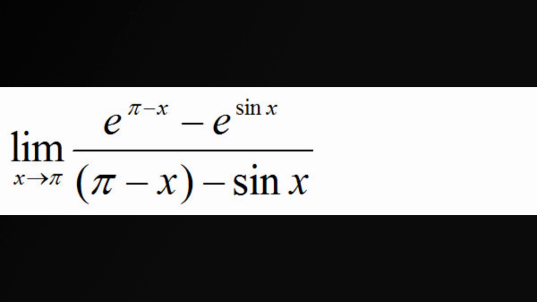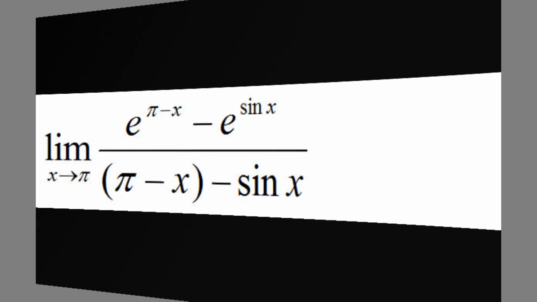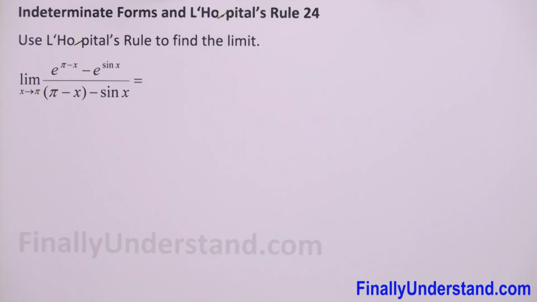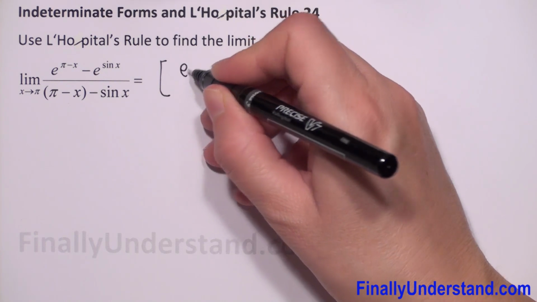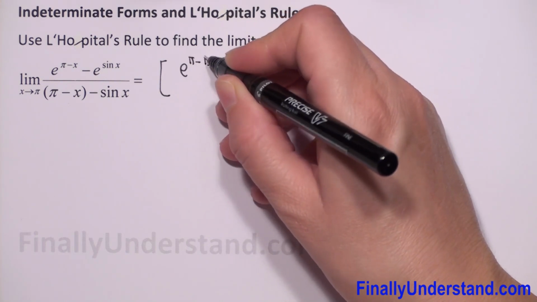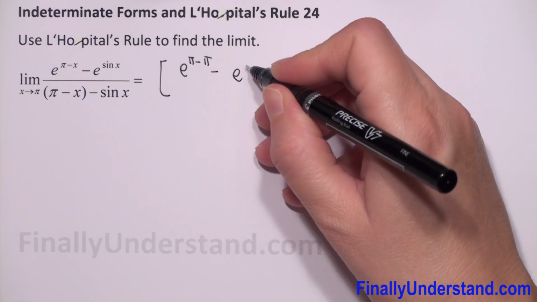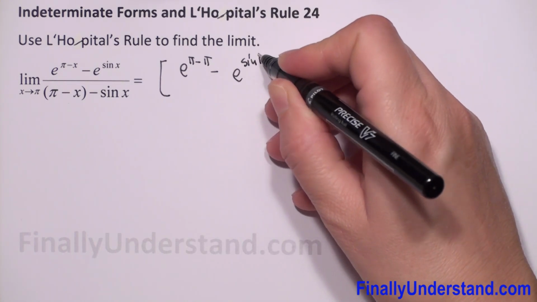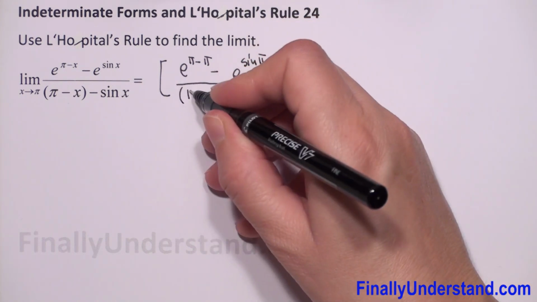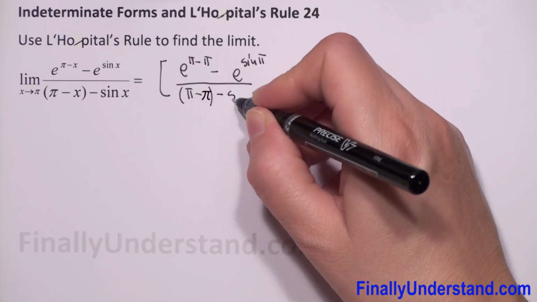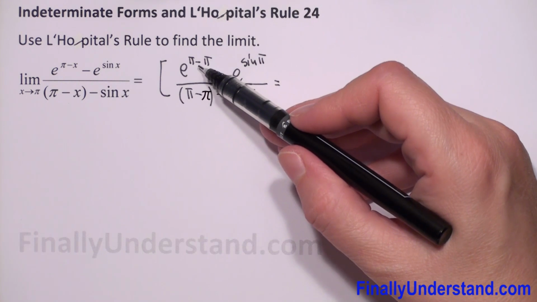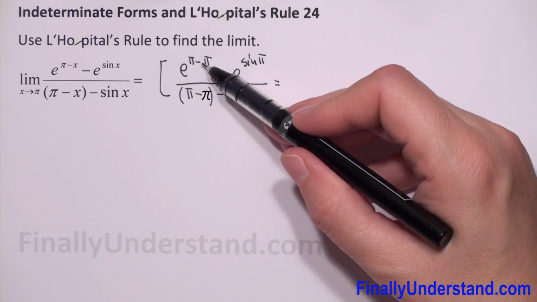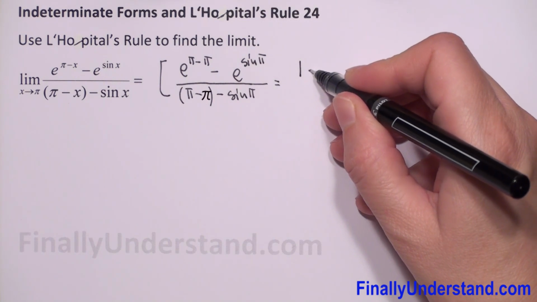In this example, we have to find the limit as x approaches pi. So let's see what will be when we replace x's by pi. So let me put this in brackets. We will have e to power pi minus pi minus e to power sine of pi over pi minus sine of pi. This is equal e to power pi minus pi is 0, e to 0 is 1 minus